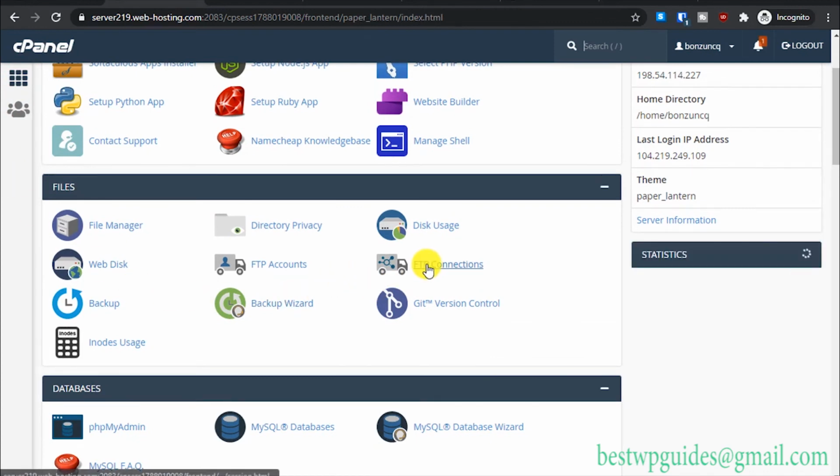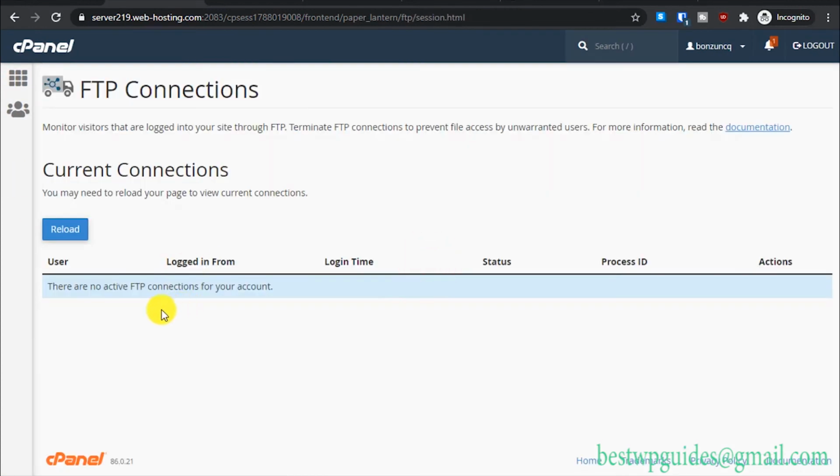and now this FTP connections, it will show all the connections. So if you think there's some malicious activity going on, you can use this page to find out if someone is accessing your website with FTP connection without your permission, and block them. Currently it is showing no connection as no one is connected to my server. So let's go back,